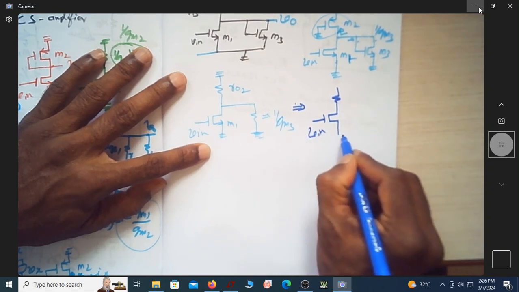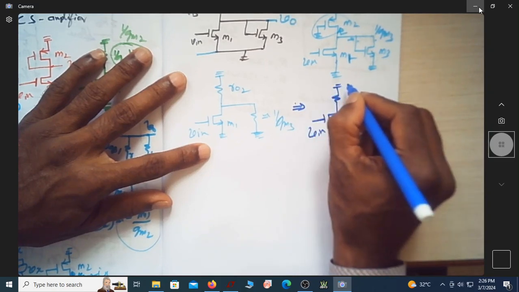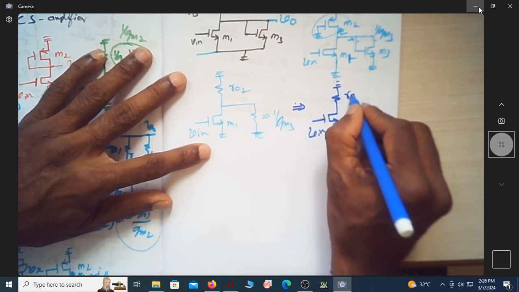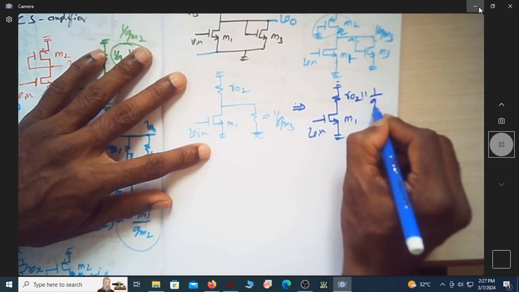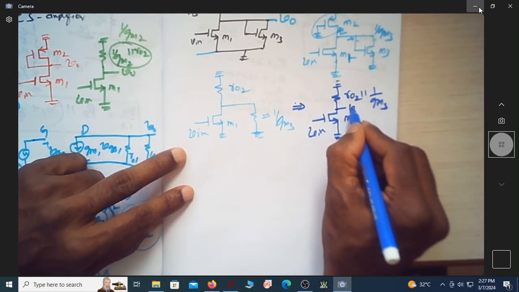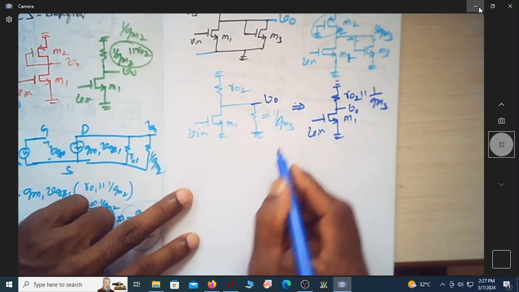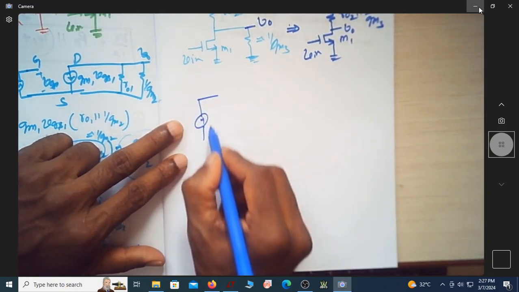This is again Vin, this is my M1, this is AC ground. What is this? R02 in parallel combination with 1 over Gm3. So this is where you measure the output V0. So if you write the AC small signal model, overall thing,